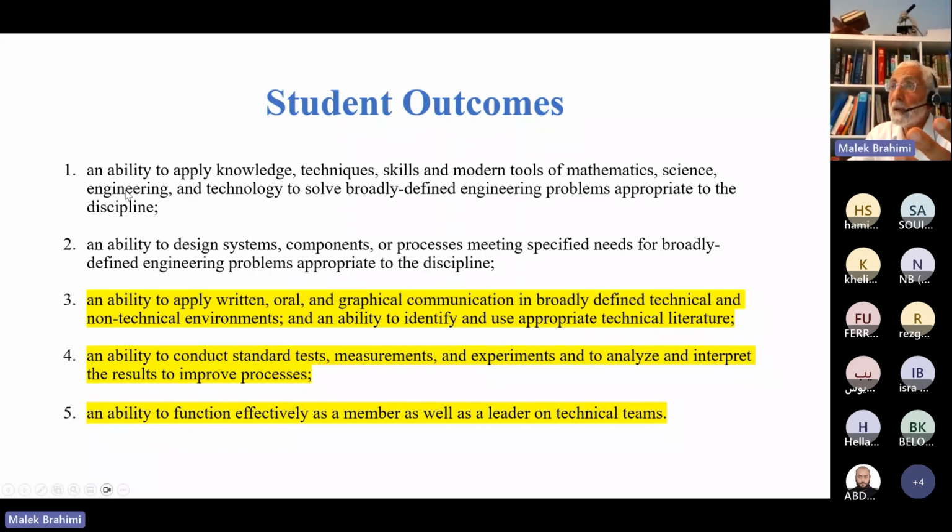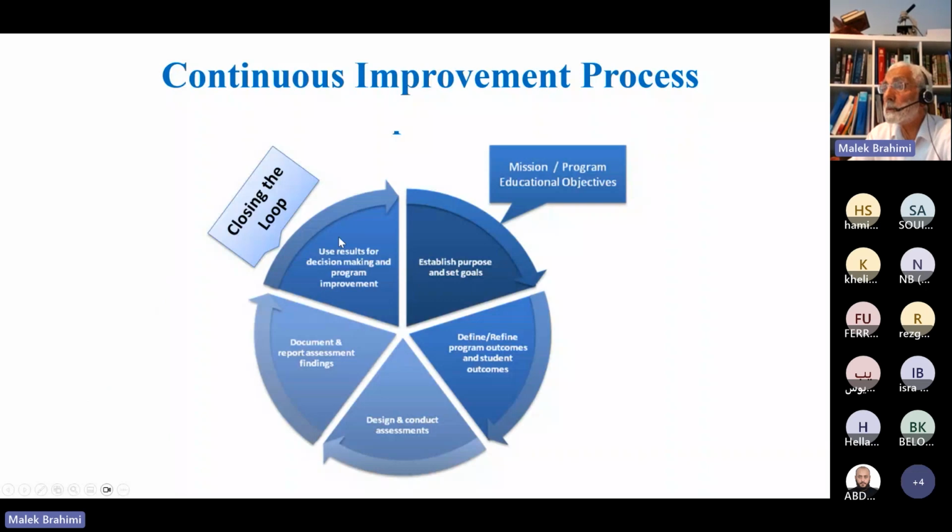Maybe they see a weakness in here. So he's going to emphasize next year, next 2 years, he's going to make more effort in this one to make the students, maybe, he works hard in this one. The faculty has to work hard in this. Maybe he sees weakness here, he has to work hard. Maybe he sees weakness here, maybe in the design they are weak, he's going to make an effort in this one. In this case, you will have a continuous improvement for the university.